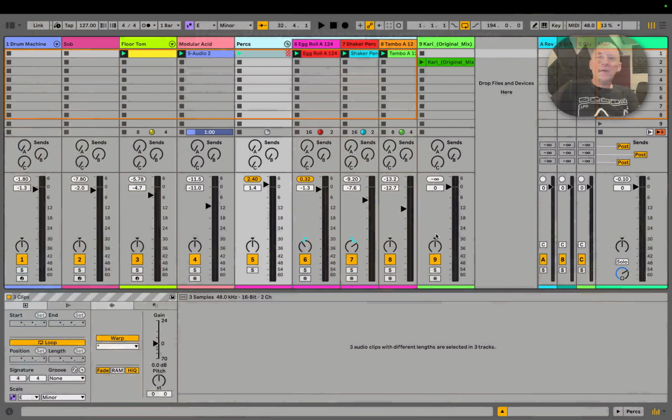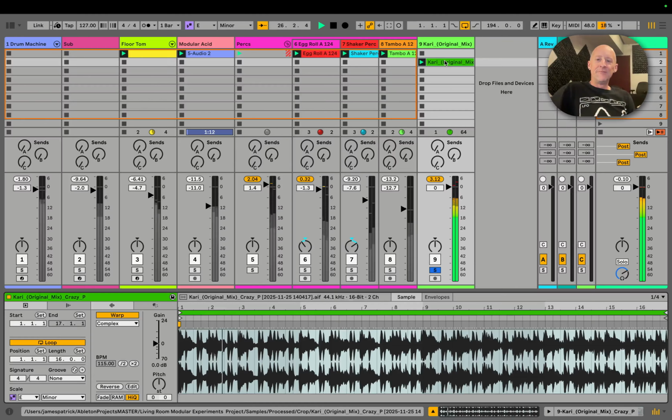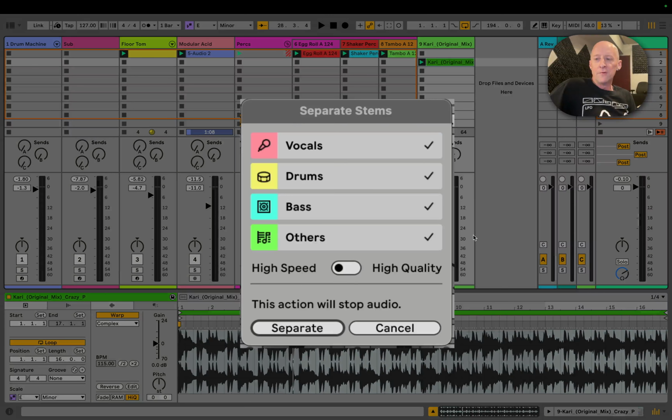Let's take a look. I've got this really cool old crazy P-Jam that I just love. It'd be really fun to have just that drum break or maybe the vocal stabs or something to throw in there. So all I've got to do in 12.3 is right click and separate stems to a new audio